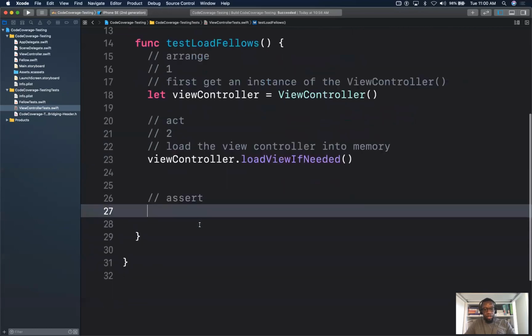The count, right? So we need to somehow get access. That's why we made our private getter public, right? For the fellows. So now we could simply say, actually,